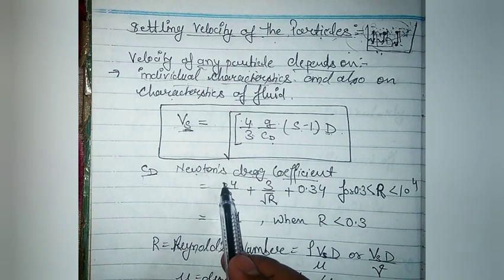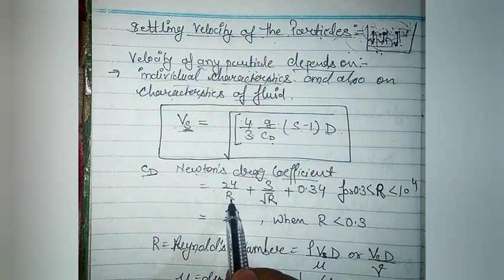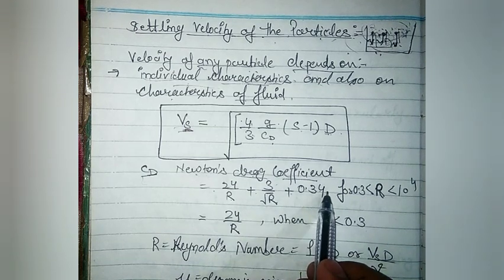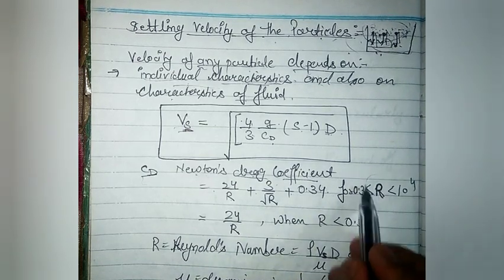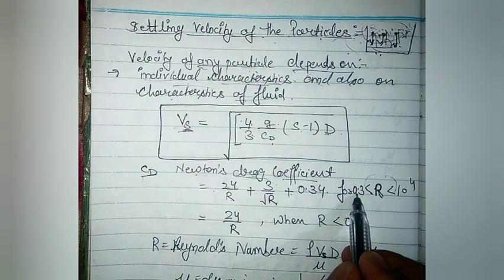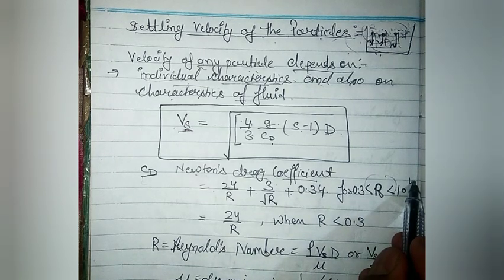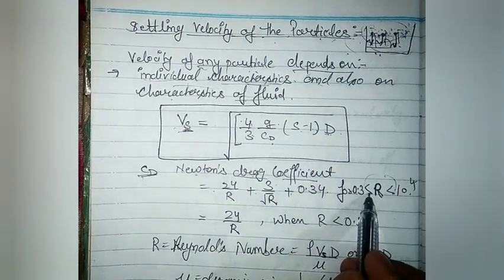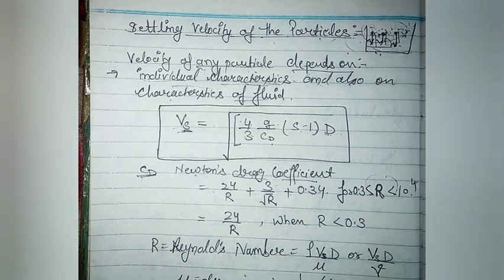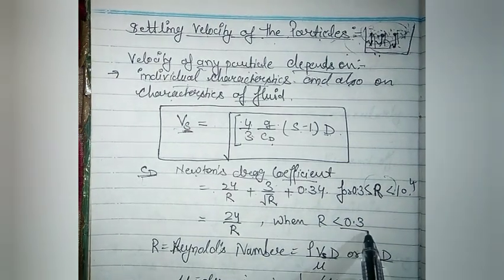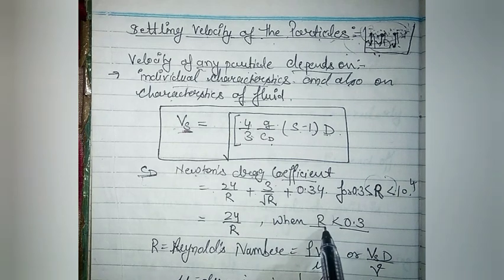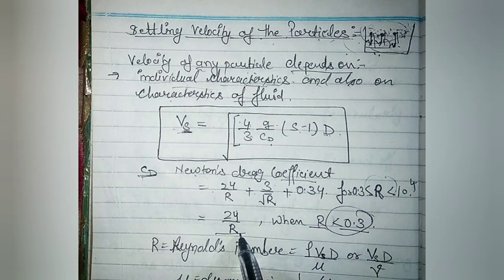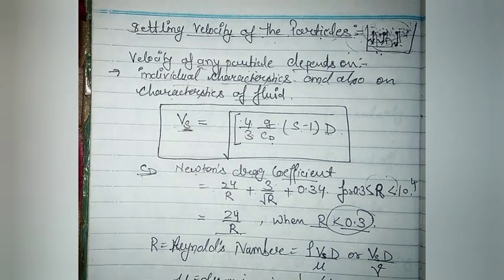It is given by 24 over R plus 3 over the square root of R plus 0.34, when the value of R is greater than 0.3 and less than 10 raised to power 4. So this is the value of CD we are going to use when the Reynolds number is between 0.3 and 10 raised to power 4. And if the Reynolds number is less than 0.3, then we are going to use 24 by R as the value of CD, Newton's drag coefficient,